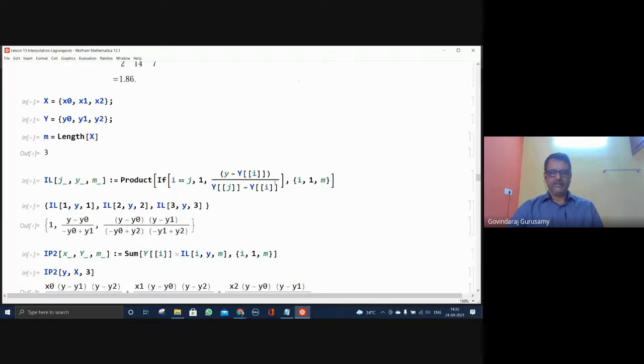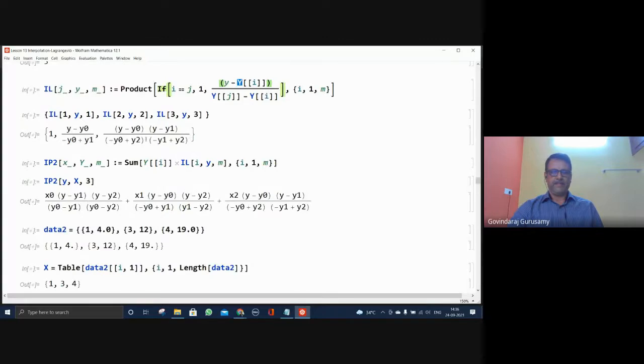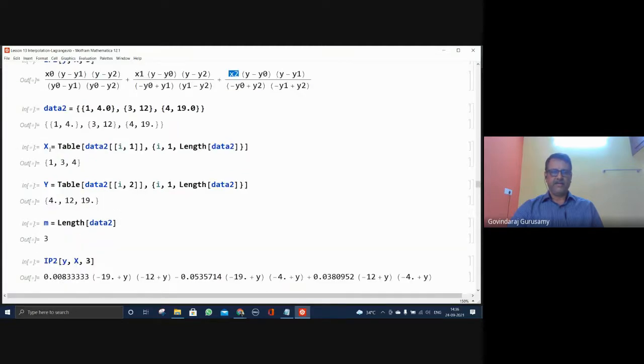But here you have modified it. Change the x to y and capital X to capital Y. That is the change. So now it has become y. You will see that. Then you look at the results. Instead of y0, I have an x0. Then here y minus y1 and y minus y2. And this is x1, this is x2. In the previous case, you find it is y0, y1, y2. So now you substitute them and simplify that.